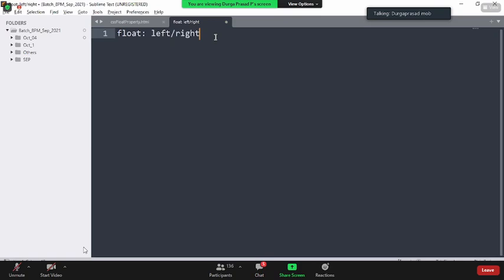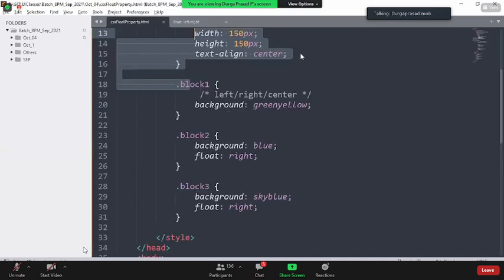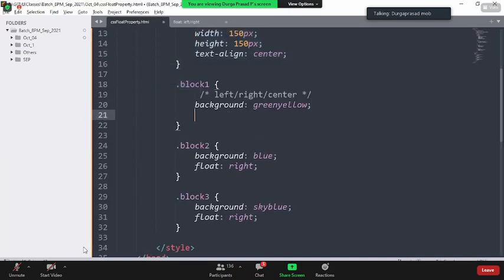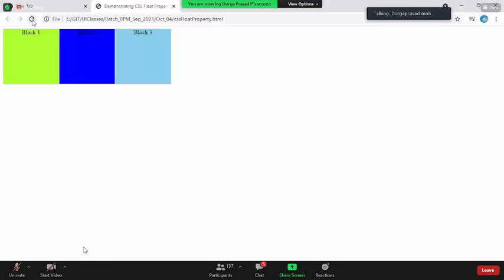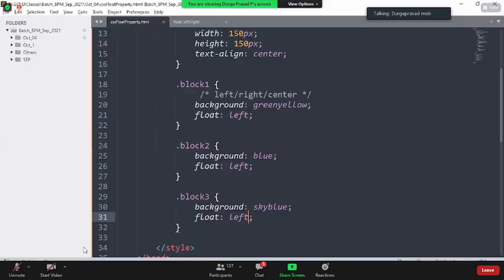Let's take a practical example, guys. Say you are standing before a line. If you put explicitly left for all the blocks, there won't be any issue, right? No, that is also going to be changed into the same line. I'll show it. Say these guys also get float left, this guy is also float left, and this guy is also float left. Now reload the page. This is where the question mark you're going to get. Boss, what is happening? Let me answer this, then you'll understand better.